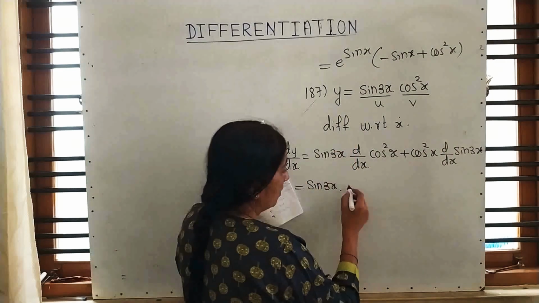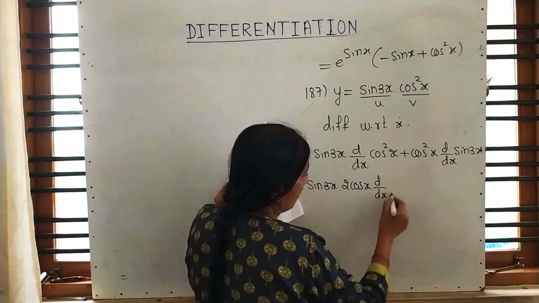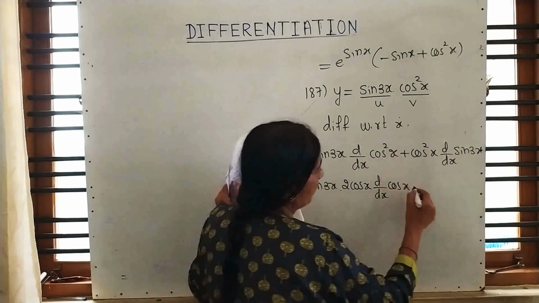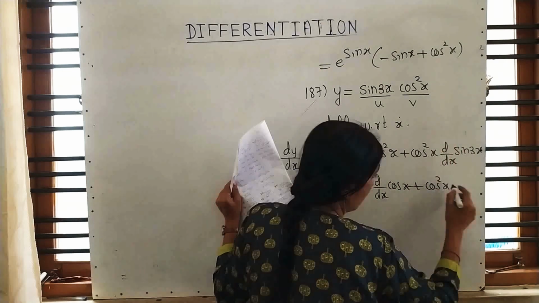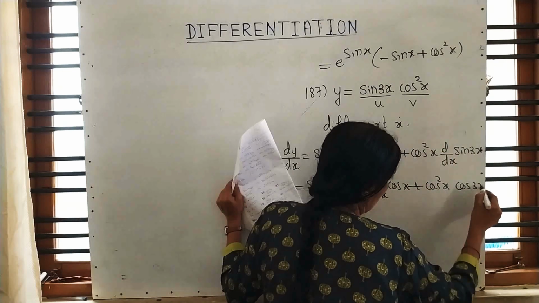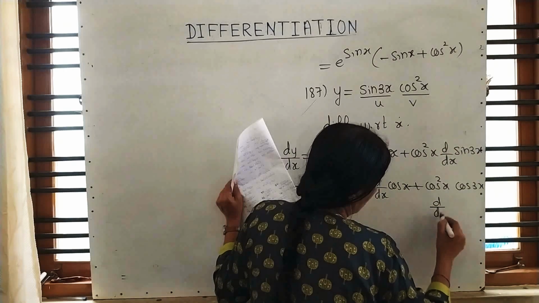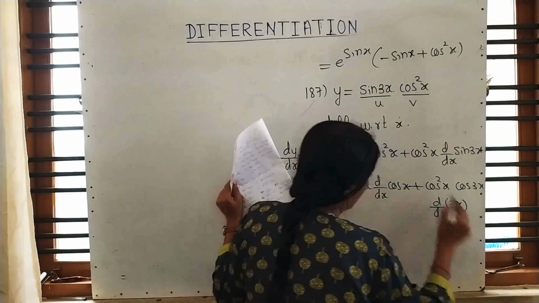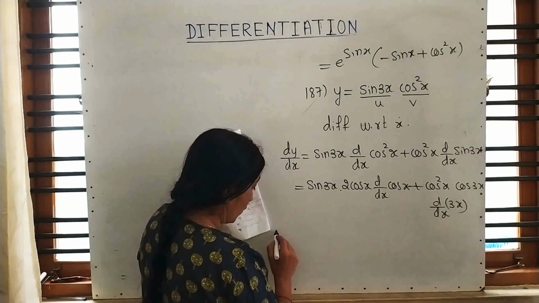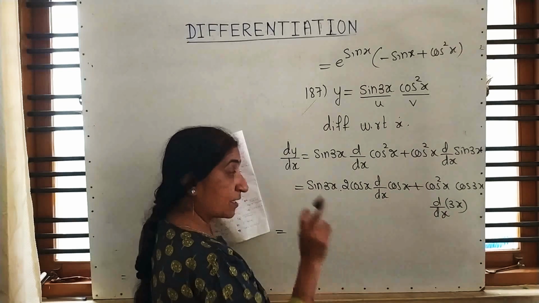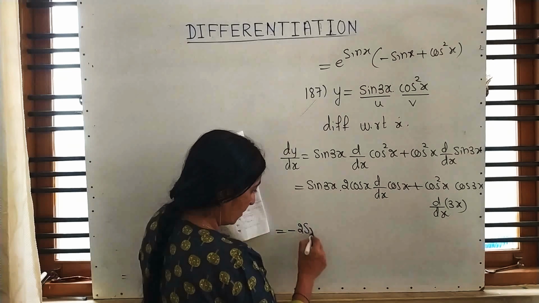First power 2 cos x. After power, base. The base is cos x plus cos square x. Yes, what is the differentiation of sin 3x? Cos 3x, because there is no power, direct trigonometric term, into differentiation of 3x. Next step, what is the differentiation of cos x? Differentiation of cos x is minus. That's why I am writing minus first, and these two I am writing first.